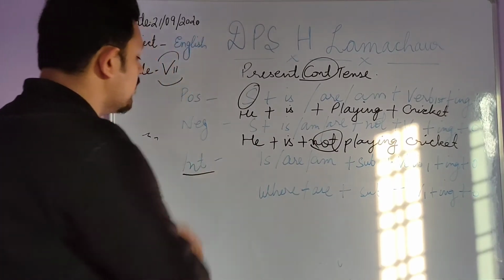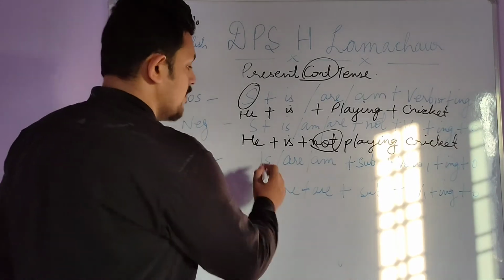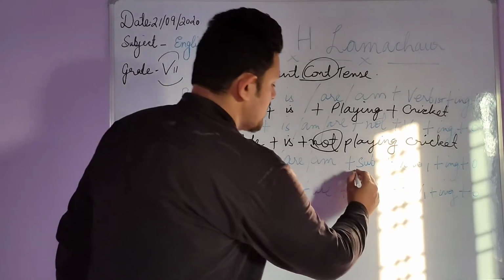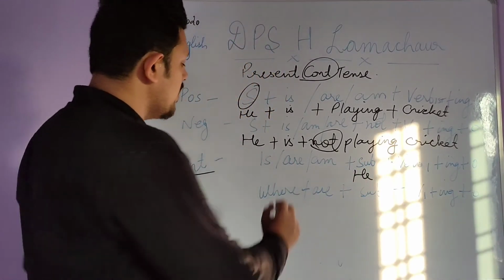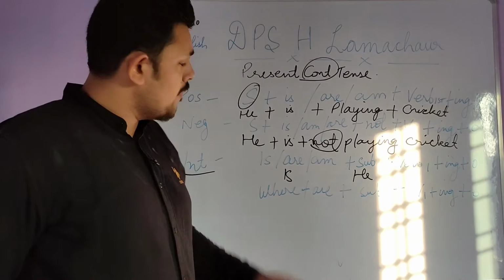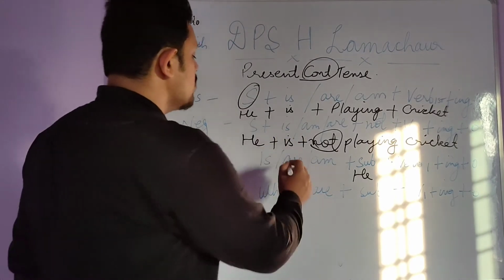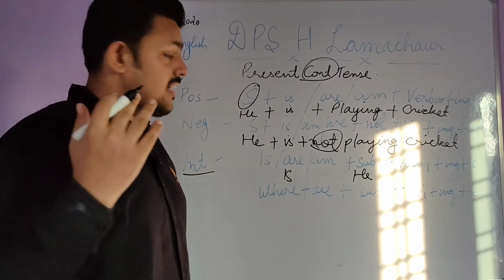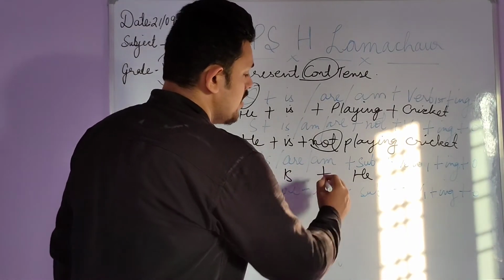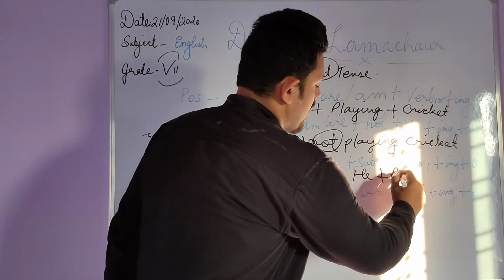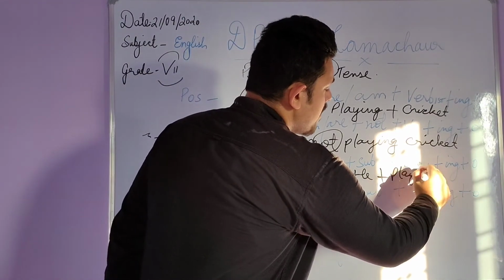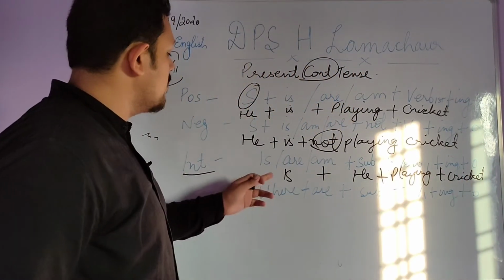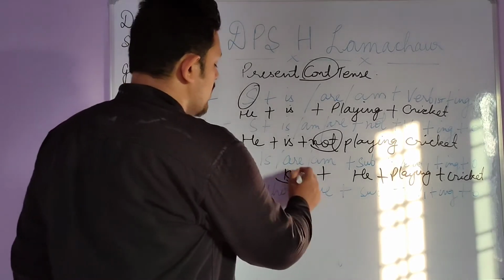Now we have the interrogative one. Is. Okay, we have the verb, we have the subject. Firstly, we will see the subject. Our subject is he. If it would have been we, then we would have used are. Are we playing cricket? So here we have the subject he, so we will use is. He, verb's first form play, ing. Is he playing cricket? Got it? When we have the interrogative form of the sentence, we use is in front of the sentence.